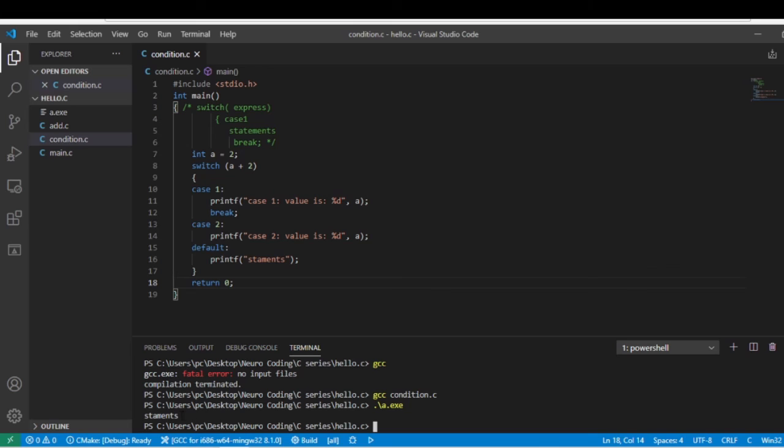See here the statement. Why does it show this statement? Because we wrote a equal to 2 and switch a plus 2. What is a plus 2? 4.